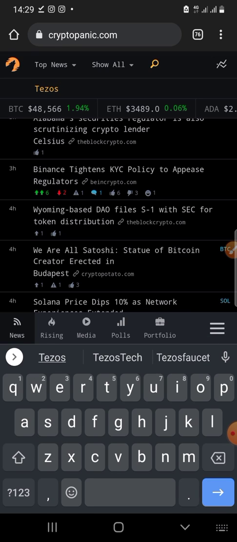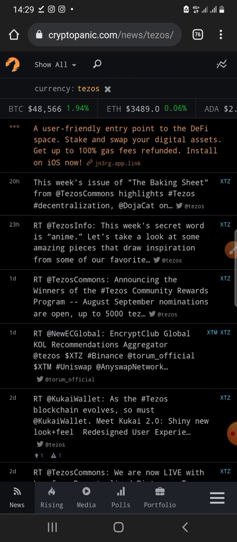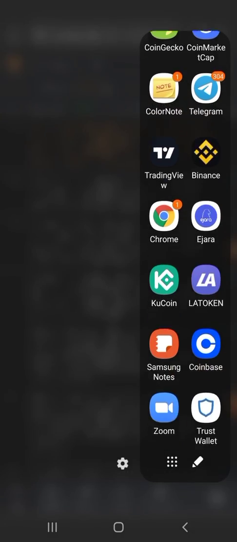Is there really anything going on? Is there anything remarkable going on concerning the project? So you can search for Tezos. You wait for it to load up. Okay, so now this is news about Tezos. So we have 20 hours ago, there was also a tweet about it. So you can even look at the tweets going on, not only the news, but the tweets and everything. So this is one good way of keeping track of what is actually going on, fact checking what is actually going on, right? Then the final thing is that you can use a certain website called Coinmarketcal.